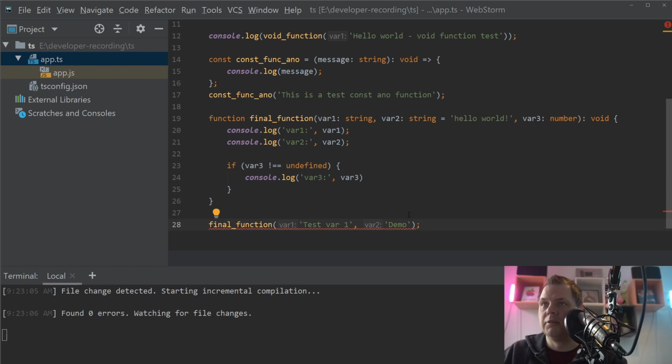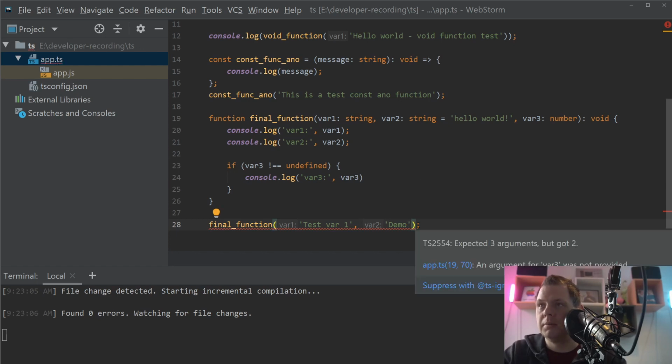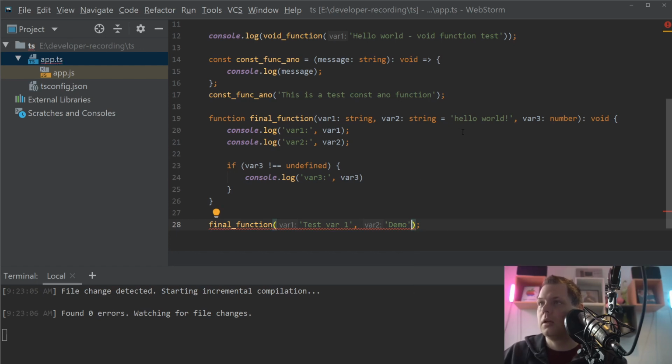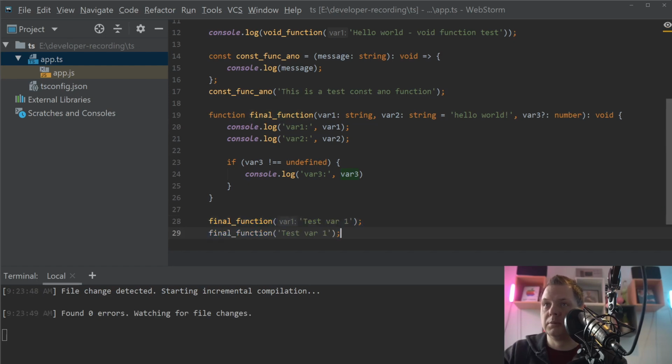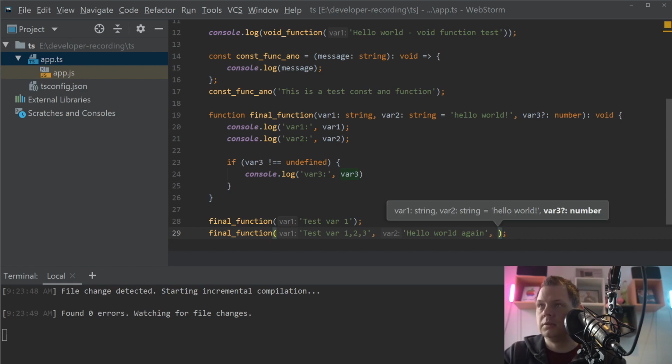It's probably the default value. Let me check a little bit. No, I forgot this one. Yes, and then we can say this one, and test var2 1 2 3, and if I'm setting up here and say hello world again, whoops, we can say demo,